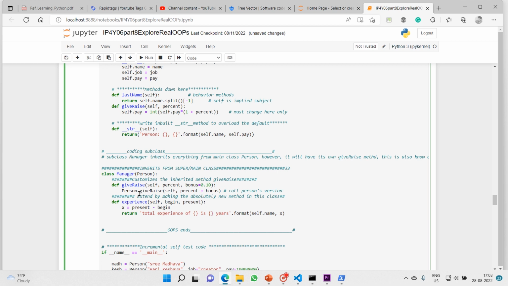And if you see the third one here, finally we have added a completely new method which was not there in the person class. That is the experience method. So this is extend, by making an absolutely new method in this class. So this is the difference between inherit versus customize versus extend. Here you can see all three together.